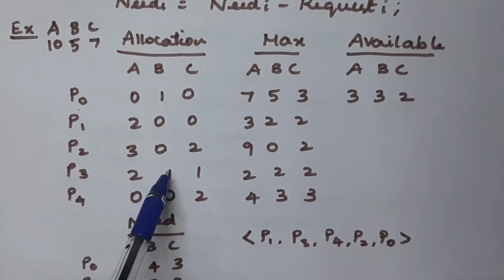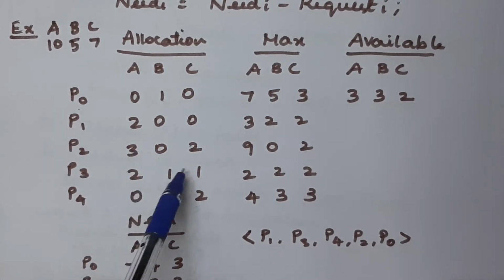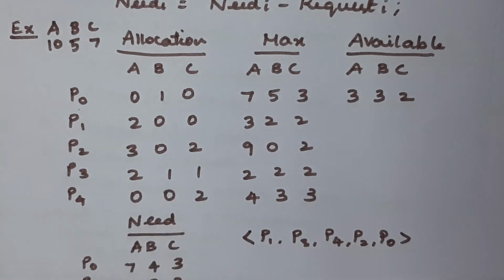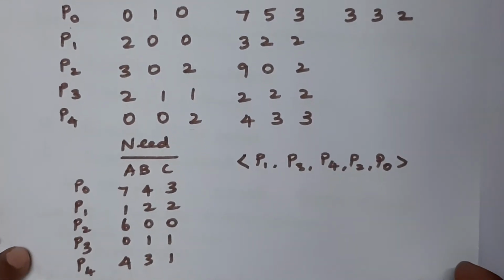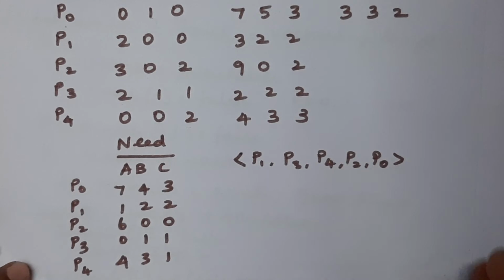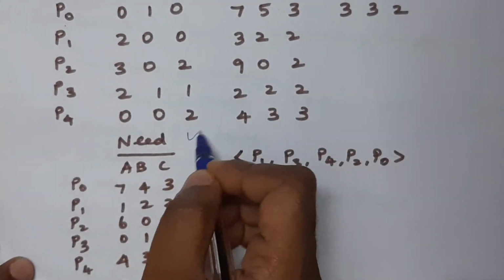2 of type A has been allocated. So similarly we have allocated to some extent, we have not allocated all the number of resources whatever it needs, right? So the next one, how can we calculate the need value? So need value can be calculated.